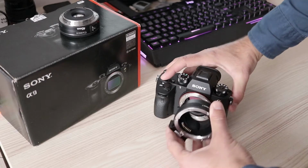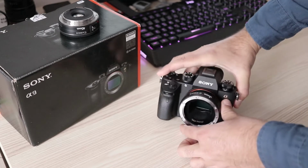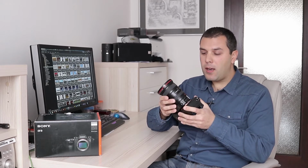Luckily they had one of these around. This is a Metabones adapter for Canon lenses, and Canon lenses are something I have plenty of. This is primarily a sports camera. It has a previously unheard of 20 frames per second burst in RAW format, and it is supposed to have very good autofocus tracking. Sadly, these full autofocus capabilities are available with native lenses only, not with adapted lenses like I